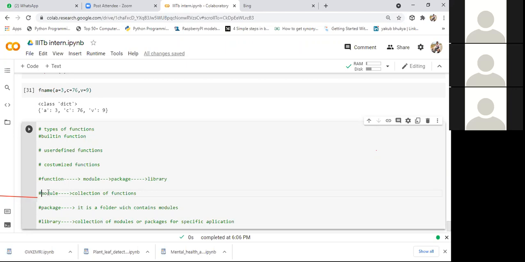If you consider each and every paragraph on the page as a function, that page may contain only one paragraph or more than one paragraph. So function is nothing but a paragraph, module is nothing but a collection of paragraphs, that is one side of the page, and folder is nothing but a book containing lots of pages. Initially it will be present in closed form only, right? So package is nothing but a book. And coming to the library, this book is present in a shelf for a specific application like the computer science branch, that is a library.